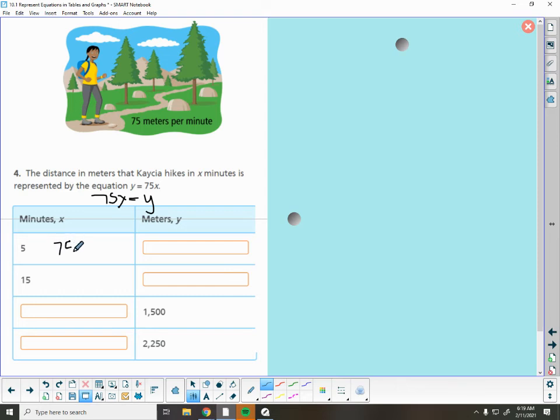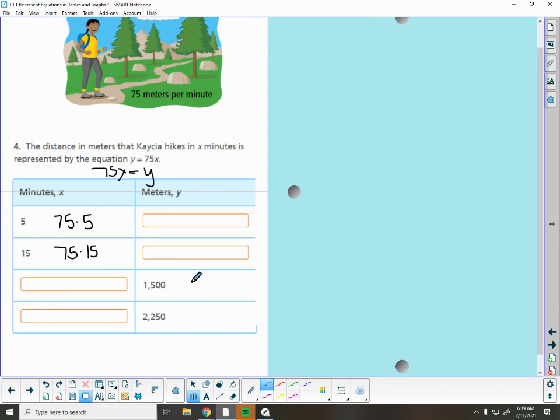So I'm going to plug that in and do 75 times 5 to see how many meters we walked here. This one, same thing. We know what x is. So 75 times 15. So they walked for 15 minutes. Tells us our total here. So this one here, we're given y. So we have 75x, and we know it equals